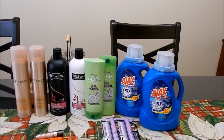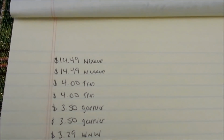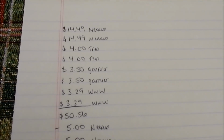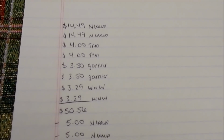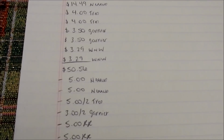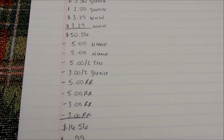So again, Ajax is the filler here. Let's go over the totals. Next is $14.49. The Tresemmés are 2 for $8. The Garnier are 2 for $7. Wet n Wild is $3.29 each, for a total of $50.56. Minus all the manufacturer coupons that I have for these items, including my register rewards, that leaves me at